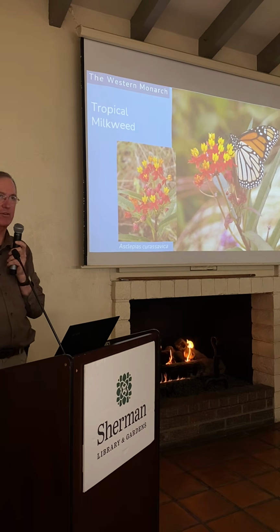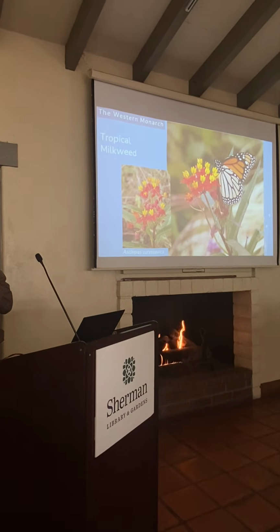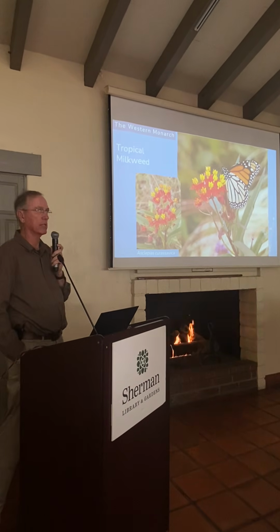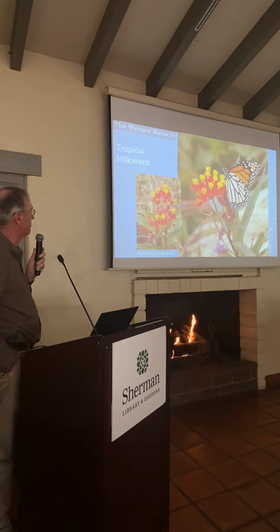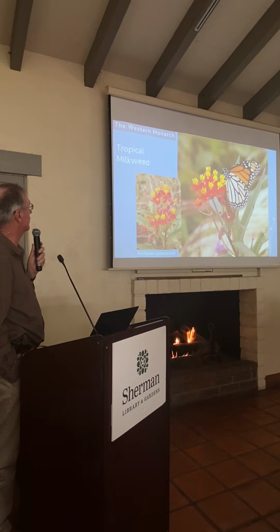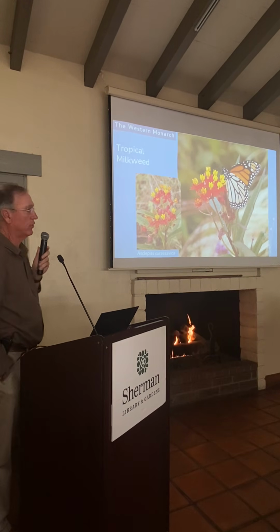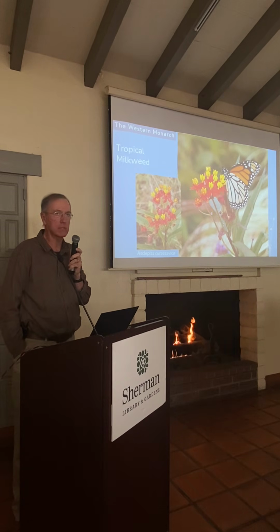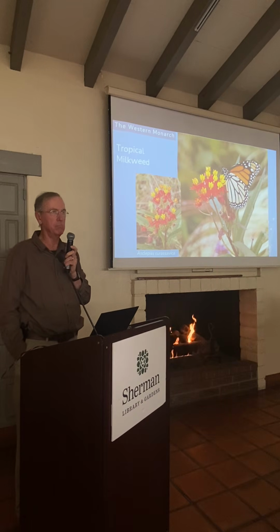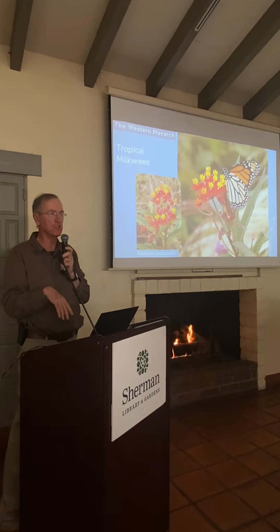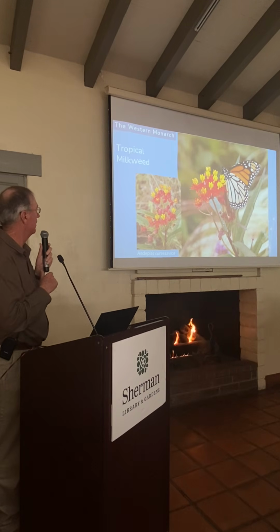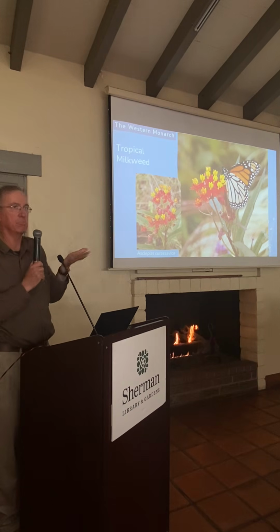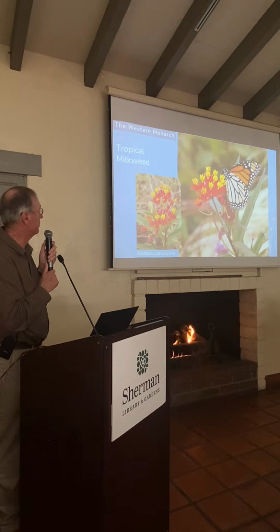Okay, here's the bad news. There's another milkweed that we will see, particularly in gardens, but occasionally in wildlands. And this is tropical milkweed. This one is Persica. And very, very showy, very pretty, very easy to grow. Monarchs love it. They know more or less than the native milkweeds. There's sometimes conjecture about that, but I'm pretty firm on that one. But they love it. You plant it, you will have monarchs. You plant the native, you'll have monarchs too. It just sort of happens.